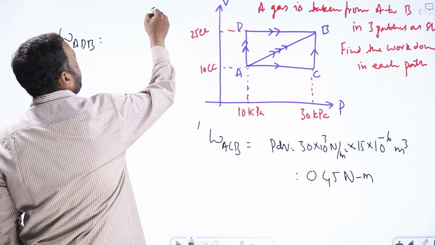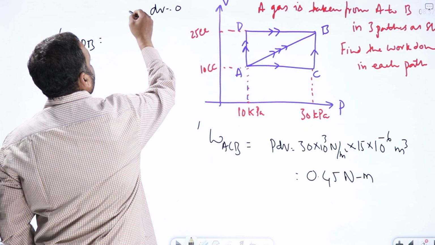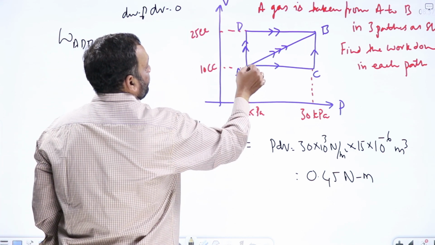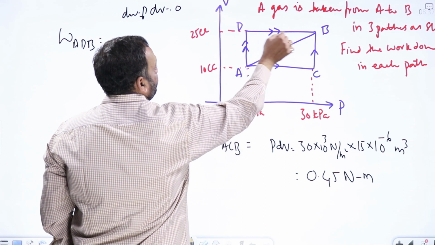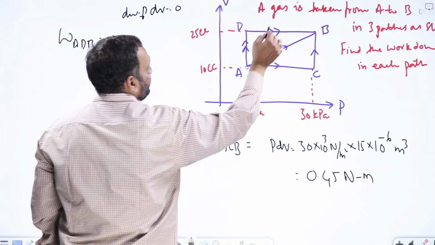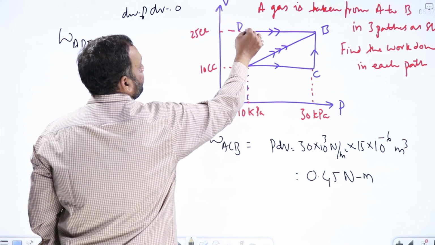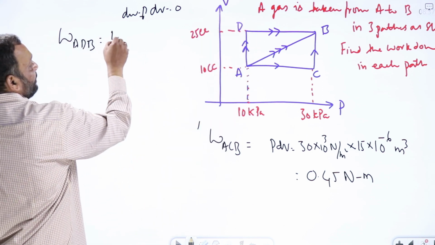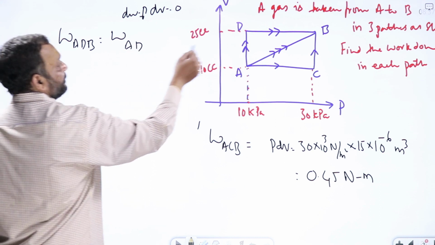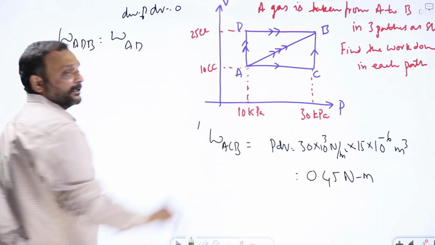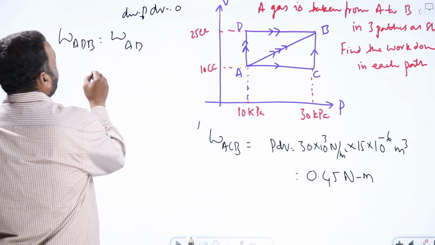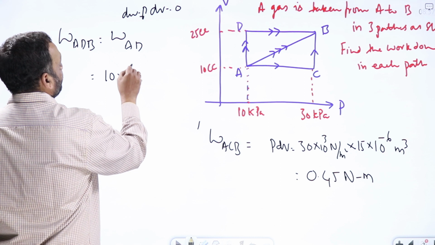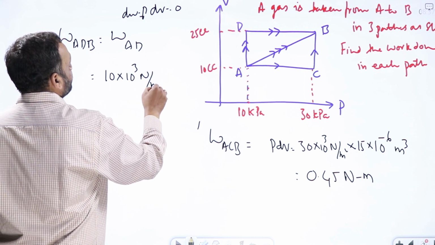In an isochoric process, dV equal to 0, so work done, dW equal to PdV equal to 0. So the total work done by the gas in taking it from A to D to B is WAD only, that is important here, because WDB is anyway 0. It is an isochoric process. So WAD is nothing but pressure here, 10 kilopascal, 10 into 10 to the power 3 Newton per meter square into